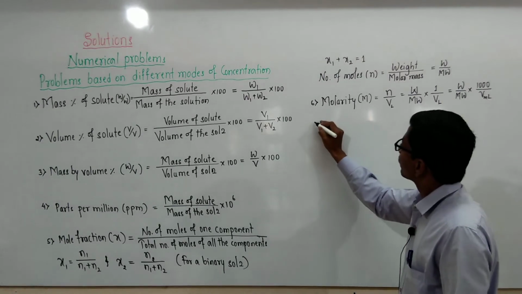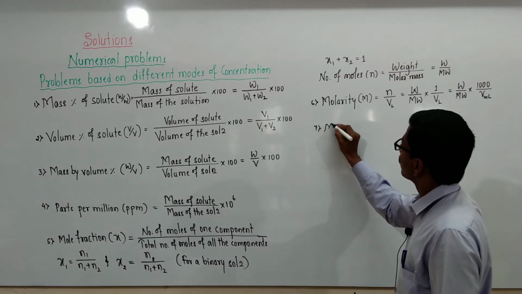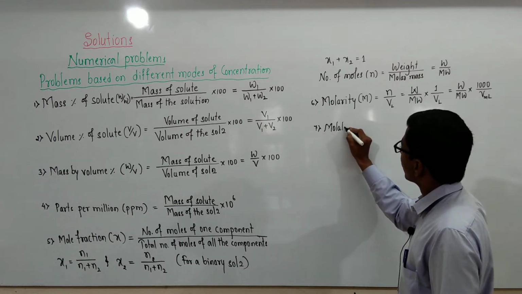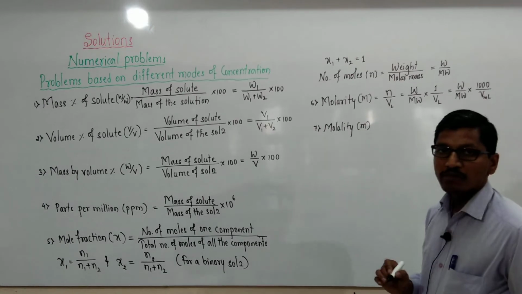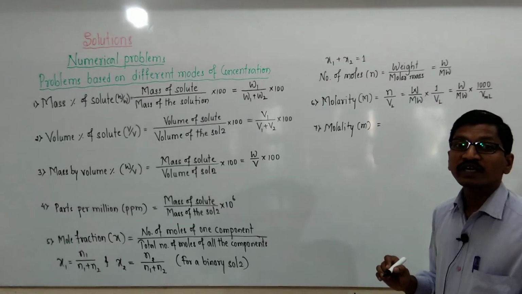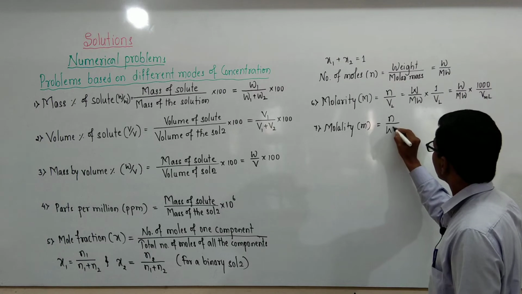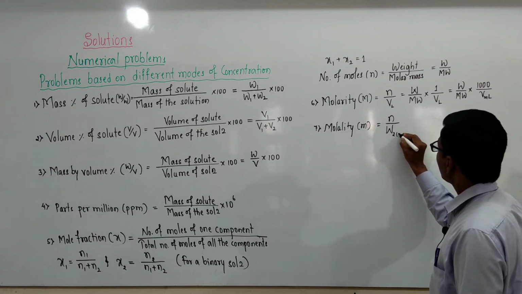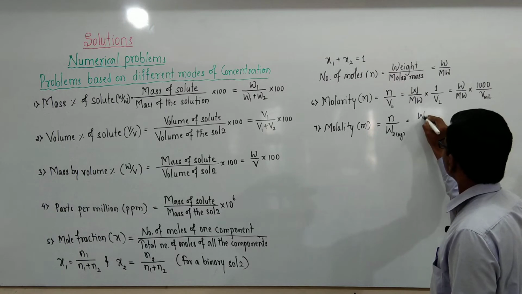Then next is molality. It is denoted by a symbol small m. Molality is nothing but the number of moles of solute per kg of solvent, that is n divided by W2 in kg. This is equal to n is nothing but here